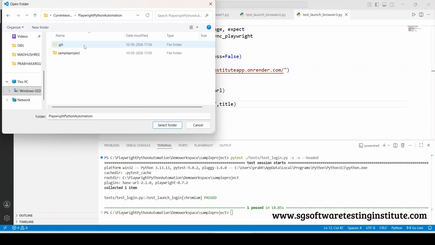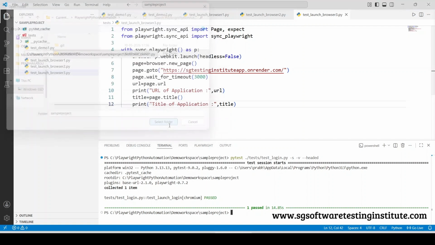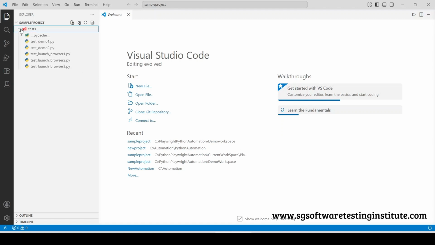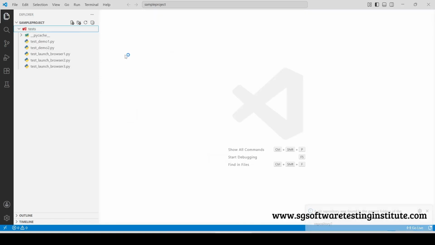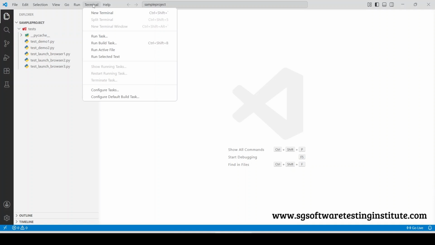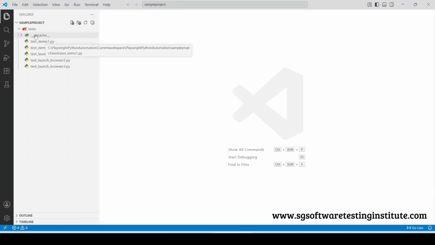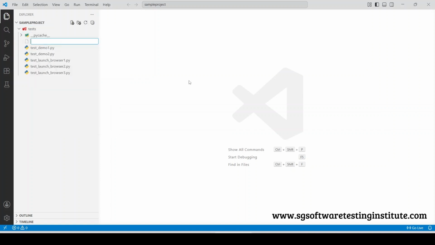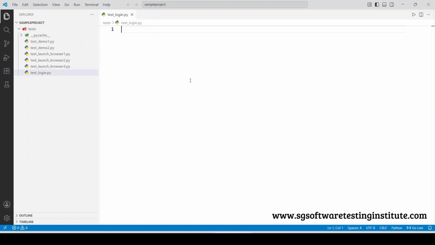and this is the repository name. Here we have a sample project. Open the sample project. So once after you open the sample project, first thing we should right click on the test folder, new file, test underscore login.py. So first we need to import from